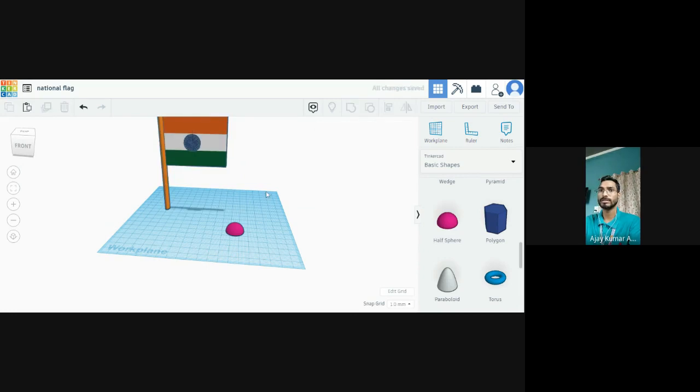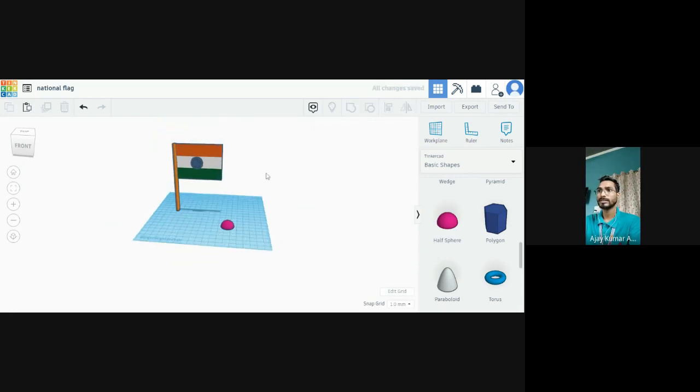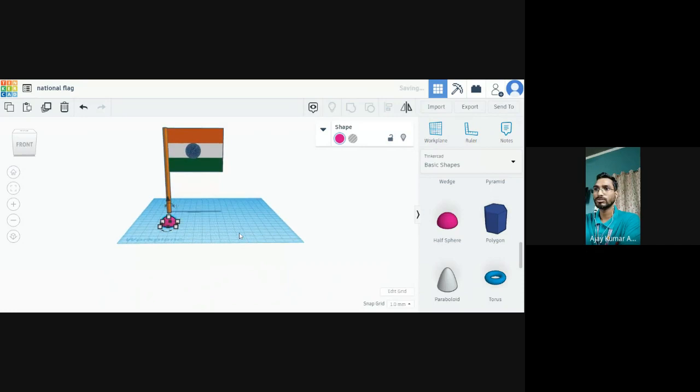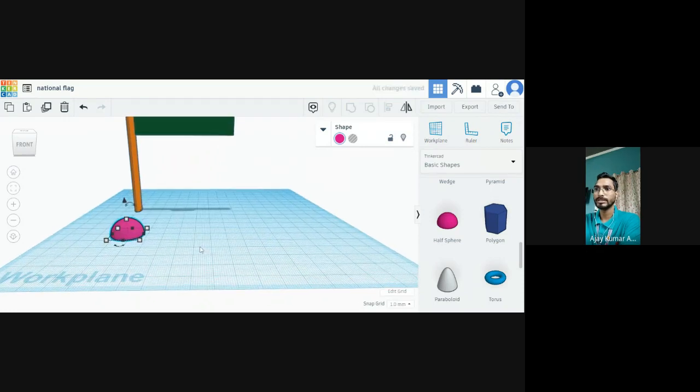So the flag will be like this. Okay, now I want to just attach this supporting pole on this one. So I am going to just drag it to the surface. So we can just zoom it.